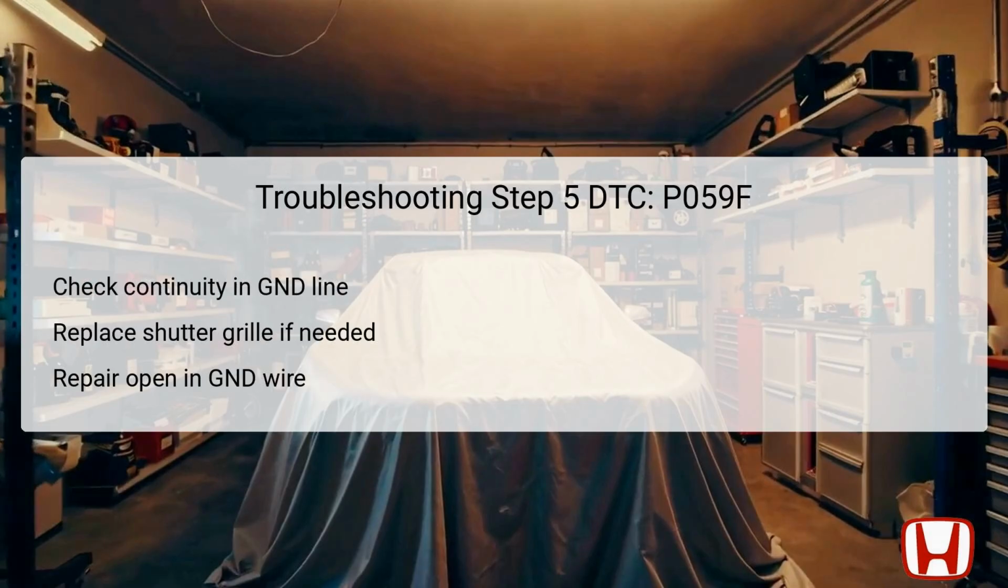In the fifth step of troubleshooting, continuity between test points 1 and 2 must be verified with the shutter grille 4P connector disconnected. This check ensures the GND line is operational, providing a necessary return path for the electrical current. If continuity is confirmed, it indicates that the grounding is intact, suggesting that the shutter grille itself needs replacement due